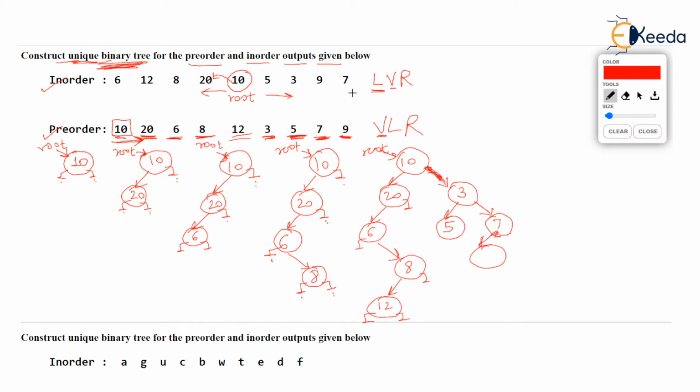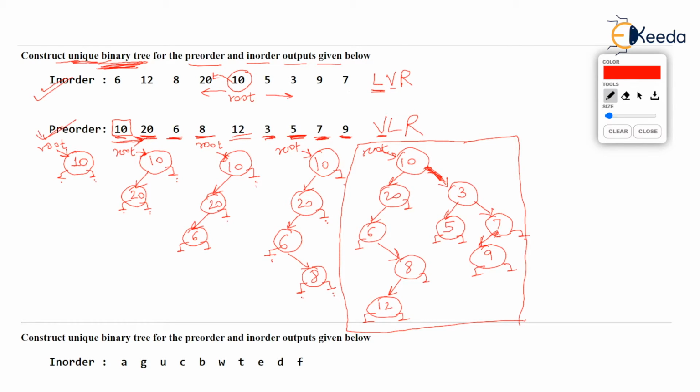All these values have been added. The pointers that have not been used will be marked null. Okay. So this is the final tree that we have constructed. Now, any such question can be thoroughly checked again. What you can do best to check your answer is perform in-order traversal on this tree and pre-order traversal, and they should match with the outputs given in the question.